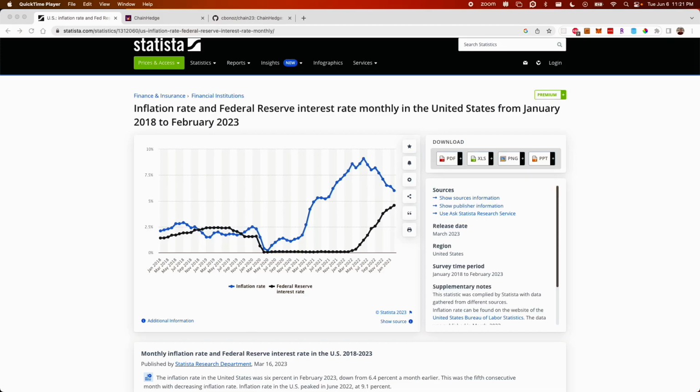My name is Chris, and for the Chainlink Spring 2023 Hackathon, I put together an app called ChainHedge. Now, many of us have been monitoring the rapid increase in inflation rate happening across the board in the US and potentially beyond. And the problem with a lot of existing ways of hedging against these inflation rates for businesses